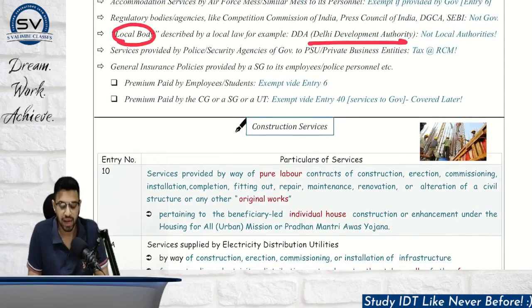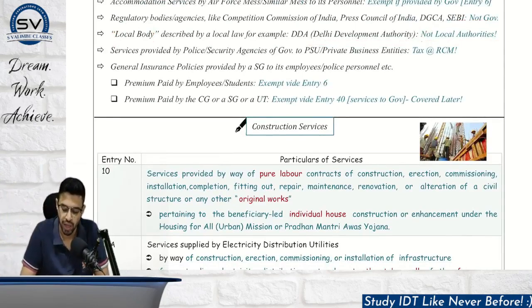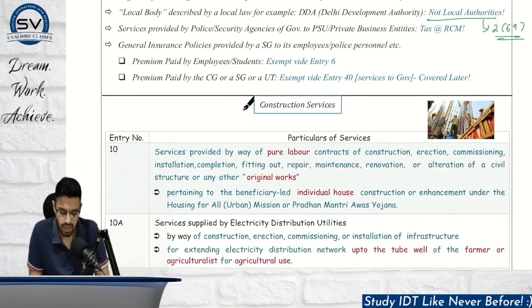Local bodies such as Delhi Development Authority. So these are established by Delhi government, but that does not mean it is a local authority. For local authority, we strictly have to stick to the definition, section number 2, clause 69. Hope this is clear. Next, services by police, security agencies of government to PSU, private business entities is taxable, and